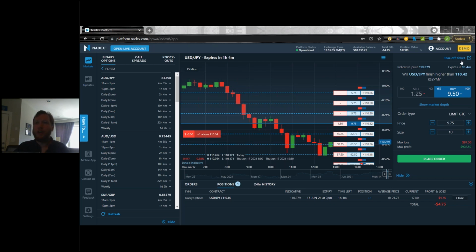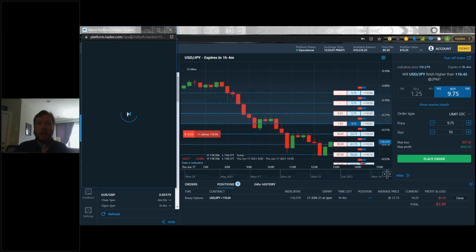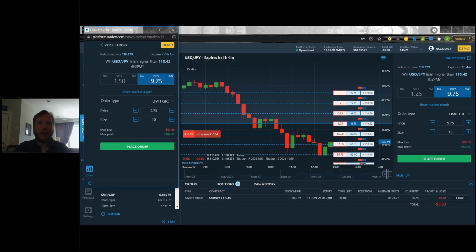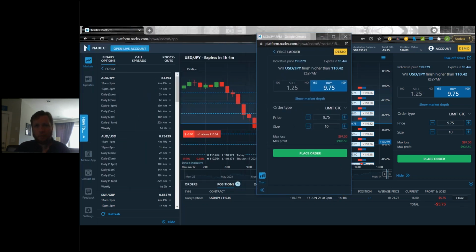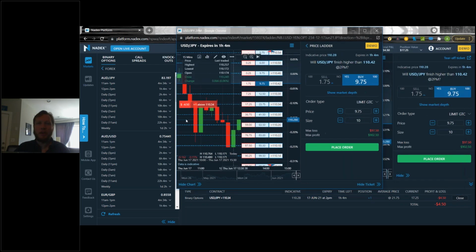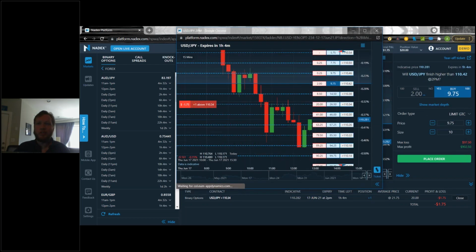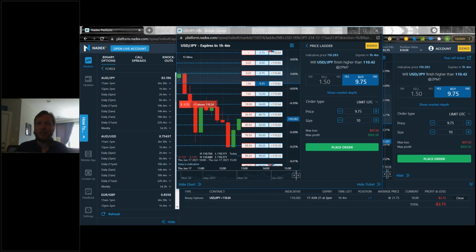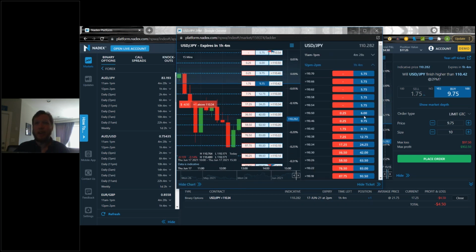Quickly going into the tear-off tickets, because I realized I forgot to do this. So we have our tear-offs here. I hit this button up here. I tore the chart off. Now I can see my tear-offs. I can do anything I want on this actual ticket, and it will go in. I can also bring my chart up here too, and I can also just tear off charts. I can just tear off tickets. I can just tear off the price ladder as well.